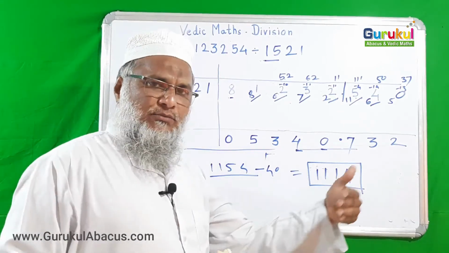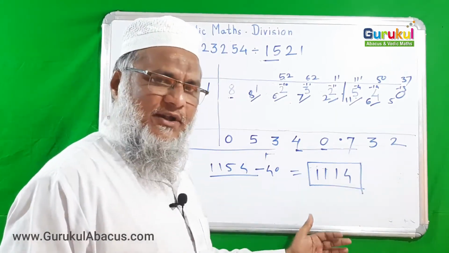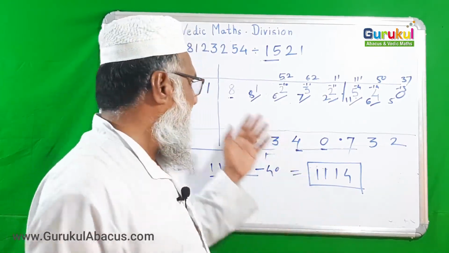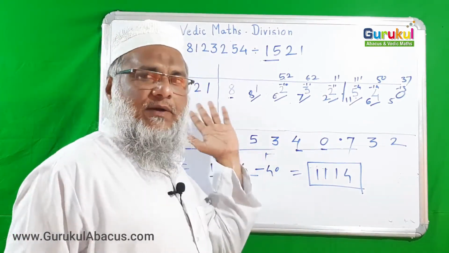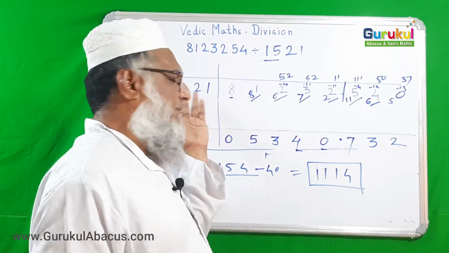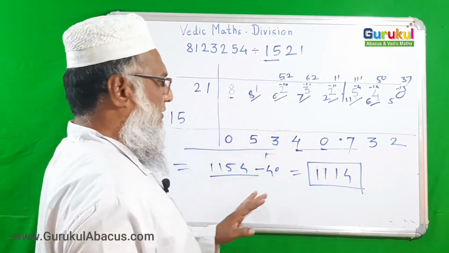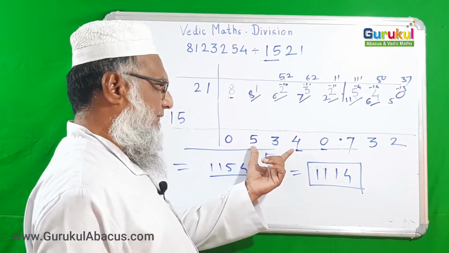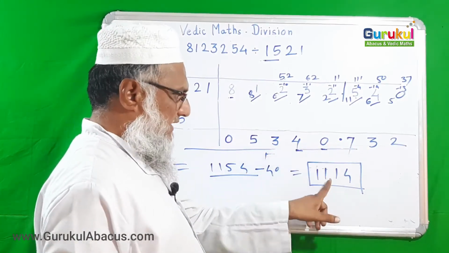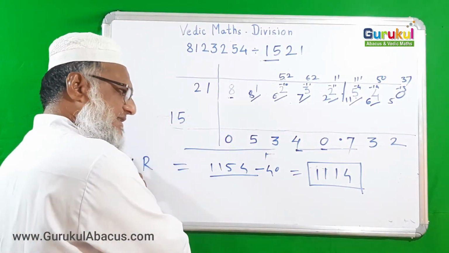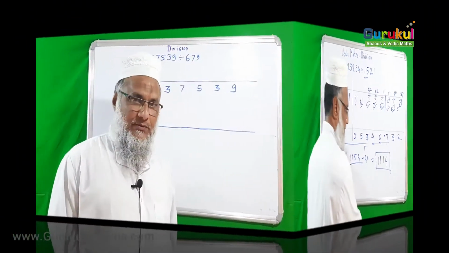By solving more and more examples and finding the remainder, you will definitely understand how to find the remainder if there are 2 or 3 or 4, 5 digits in the flag digit position. So in this example we have got our quotient 5340, and this is our remainder. Now we are rubbing out this example, and we are taking the next example.